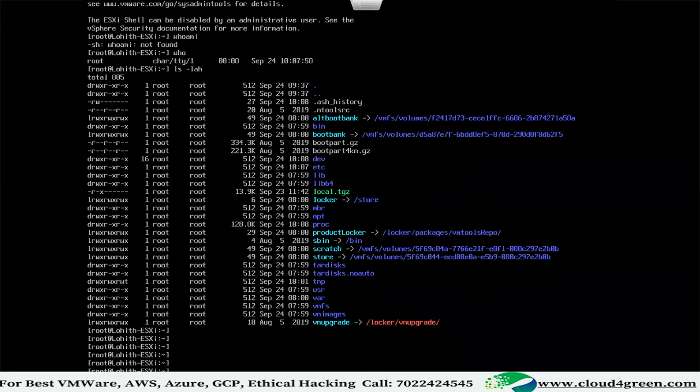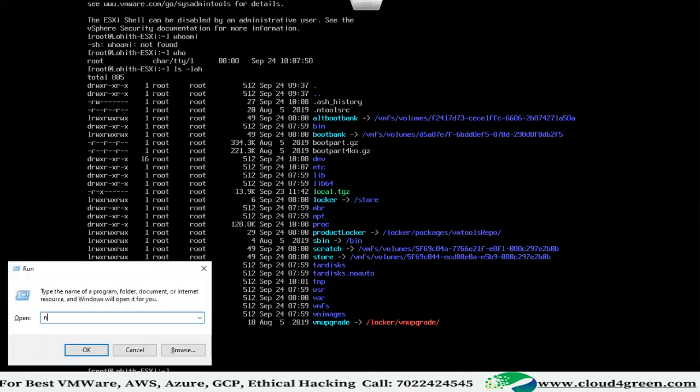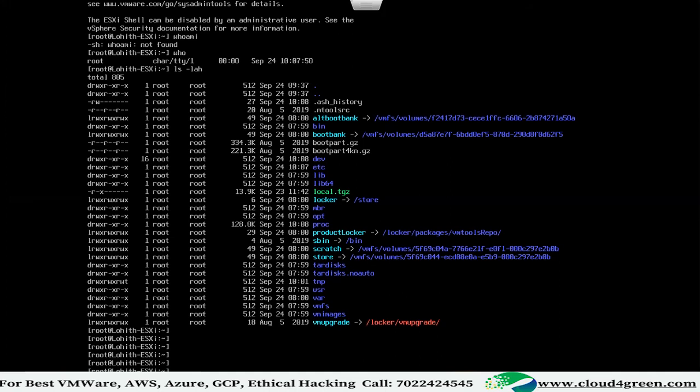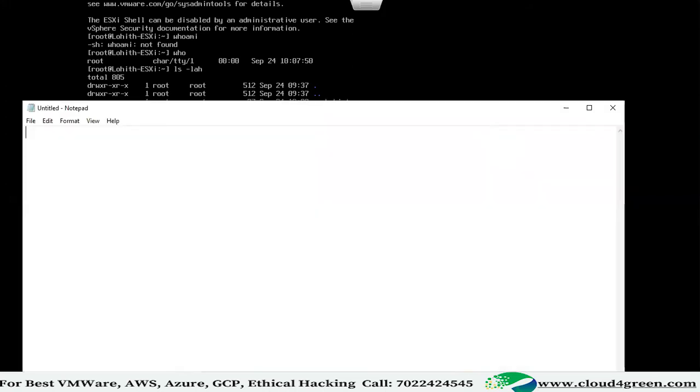Is it viewable or not? cd space slash vmfs slash volumes. If not, I'll put it in notepad. Write down this command, or I'll put it in chat also. cd slash vmfs slash volumes. You can download it.